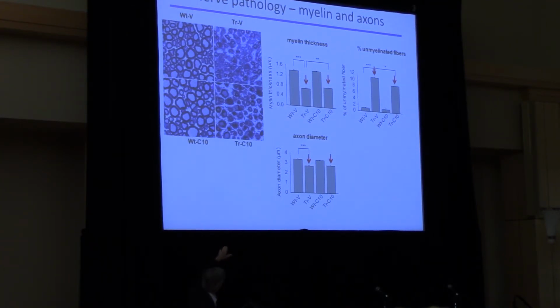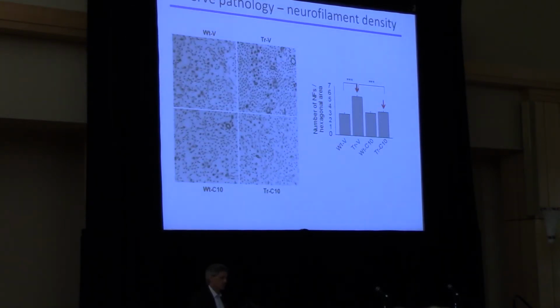On the lower right, we gave the trembler mouse our drug, we'll call it C10 for short, and it had a small effect in improving the myelin thickness, decreasing the number of axons that weren't sufficiently myelinated, we call those unmyelinated fibers, and just a little bit of a not significant effect on the axon diameter. So small effects here on the big shape of the nerve, but inside the nerve cells there was a dramatic